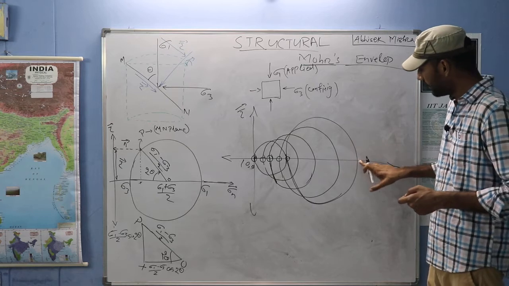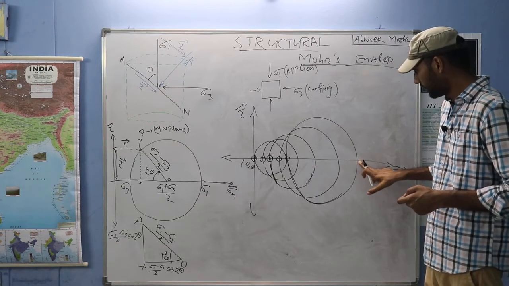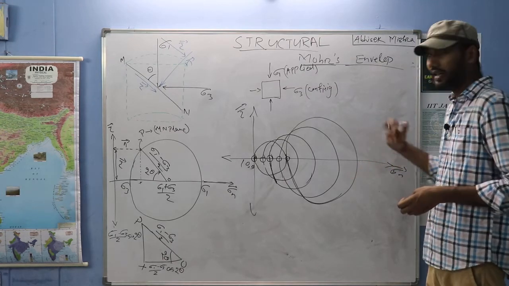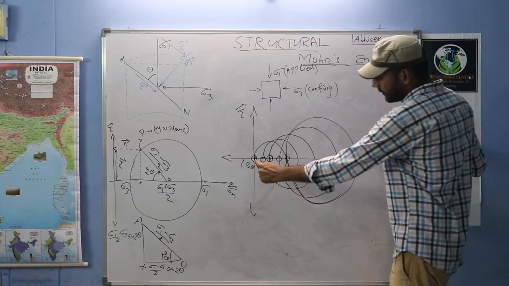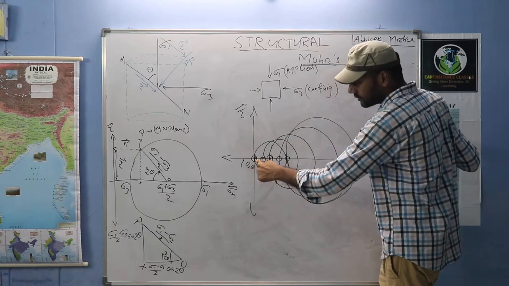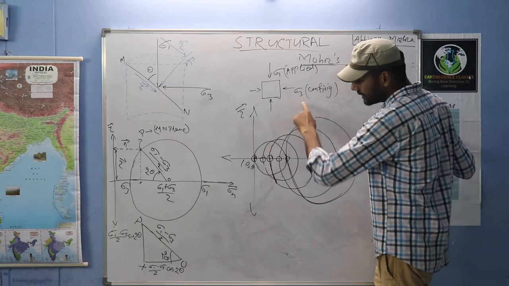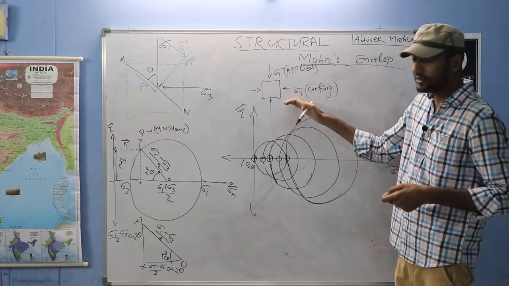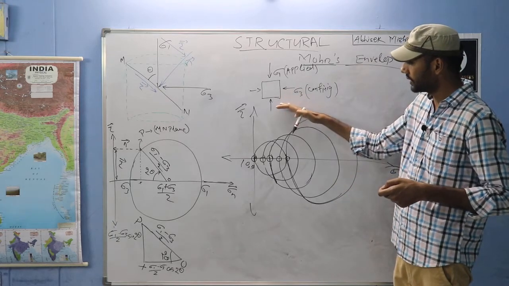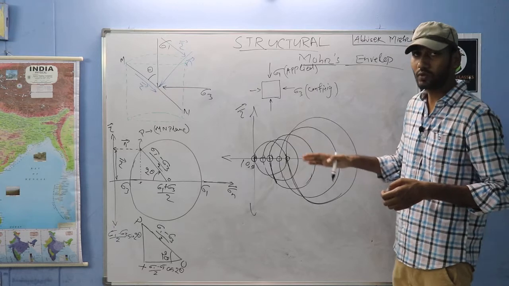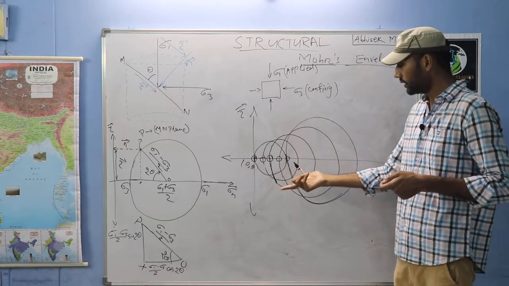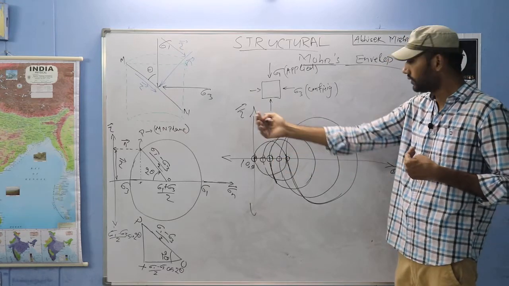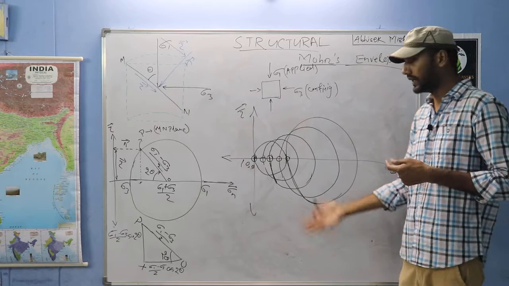As I have told you, this limit will tell us the strength of the material. Beyond this limit, the material will break down. That means if the material is under zero confining stress, it will absorb the stress without getting ruptured, right? Without getting ruptured, it can absorb up to 10 unit. Beyond 10 unit, it will break down. If I am increasing that to 5, then it can absorb up to 20. Beyond 20, it will break down like that.